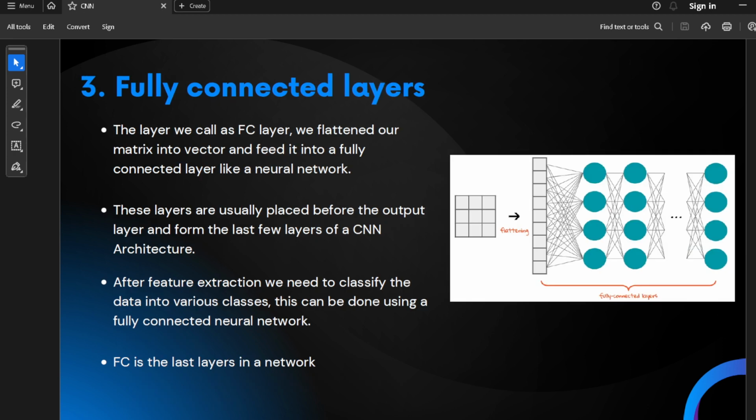Next layer is the fully connected layer. After pooling, we get the feature map of reduced dimension. We flatten that feature map and pass it to the fully connected layer, and backpropagation is applied at every iteration of the training, and that's how the model learns to classify the images.